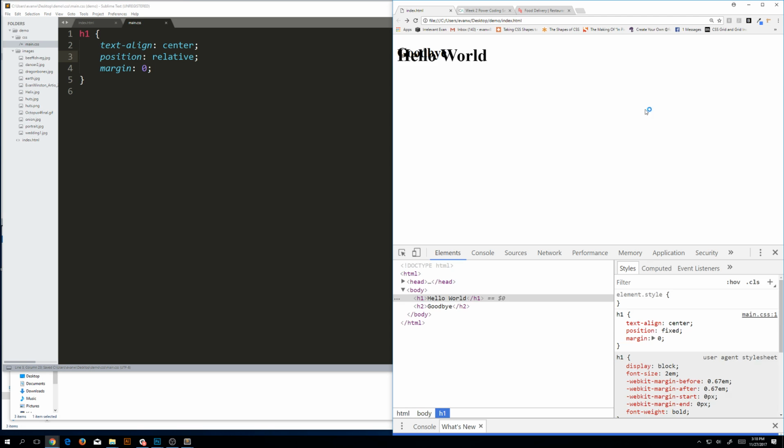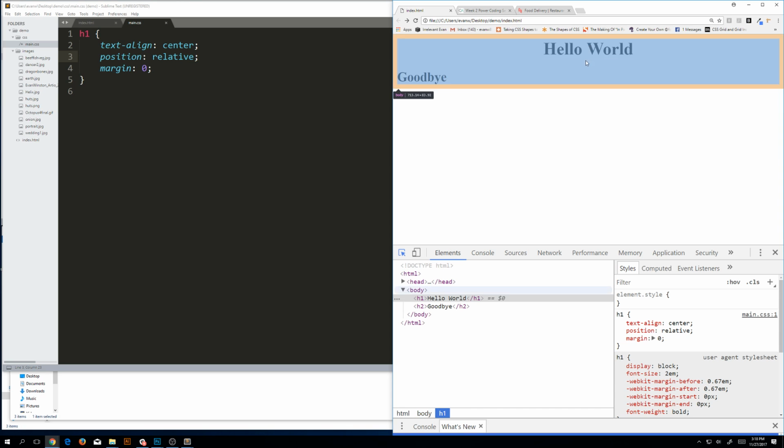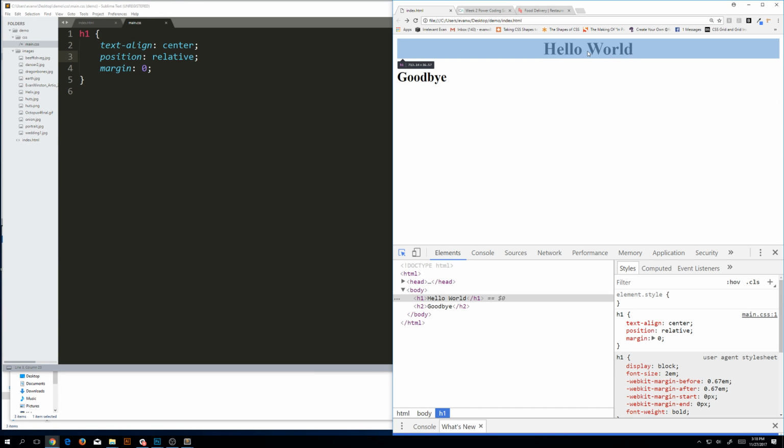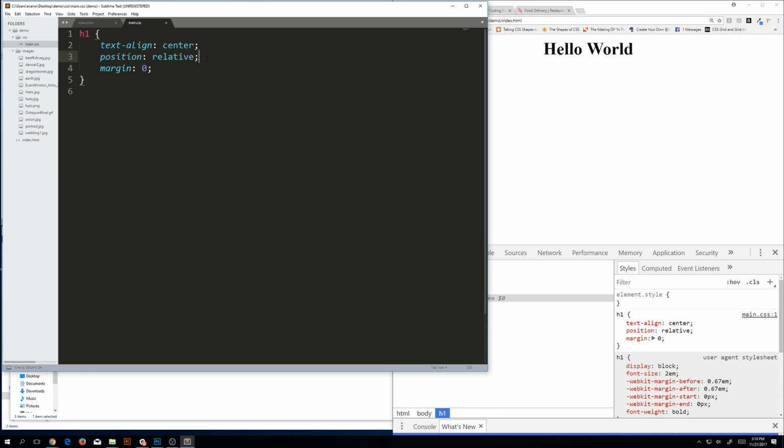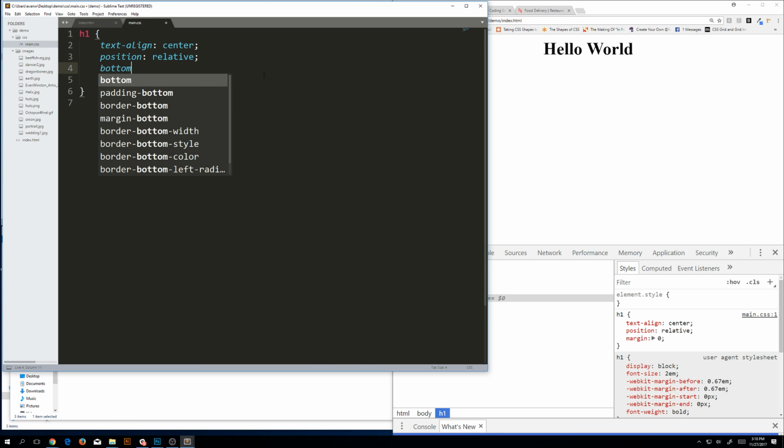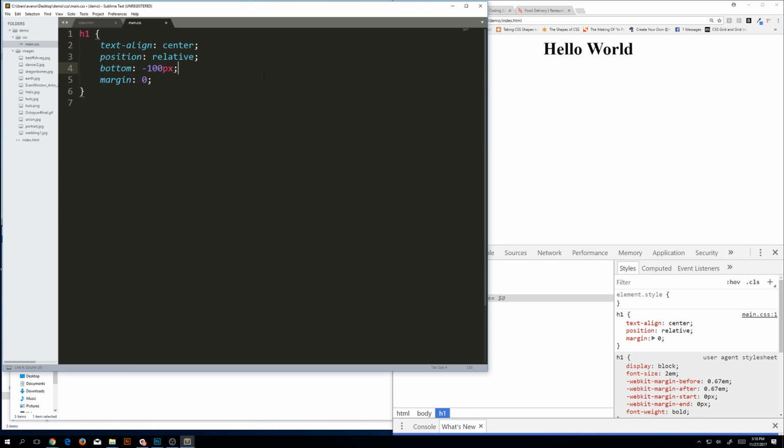Position relative. Okay. With just position relative, our element has actually not moved or changed in any way. Position relative is interesting. If you just give an element position relative, it's not going to move, it's not going to change, it's not going to go anywhere. What position relative does is allow you to then move that element as precisely as you'd like relative to its existing position. So to quickly demonstrate what that means, if I did bottom minus 100 pixels,